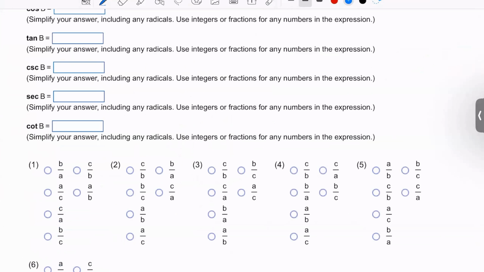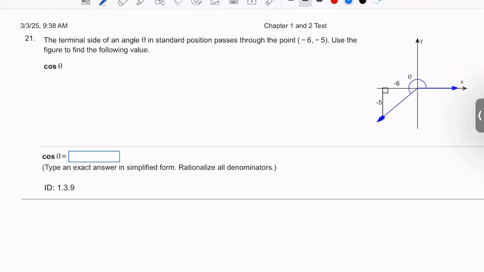And then these are similar to what we have done already. Others that are similar. And then lastly,